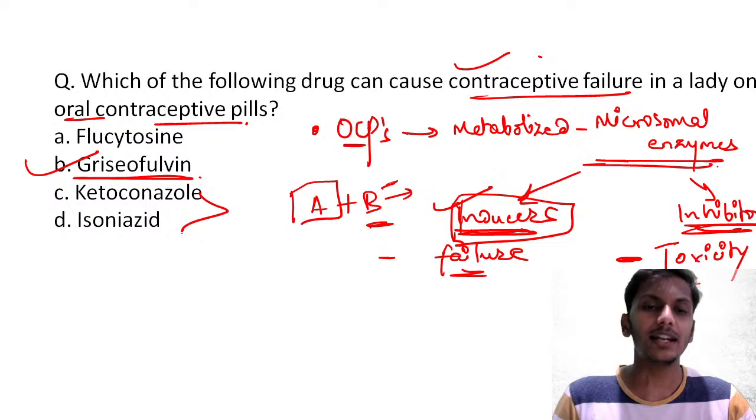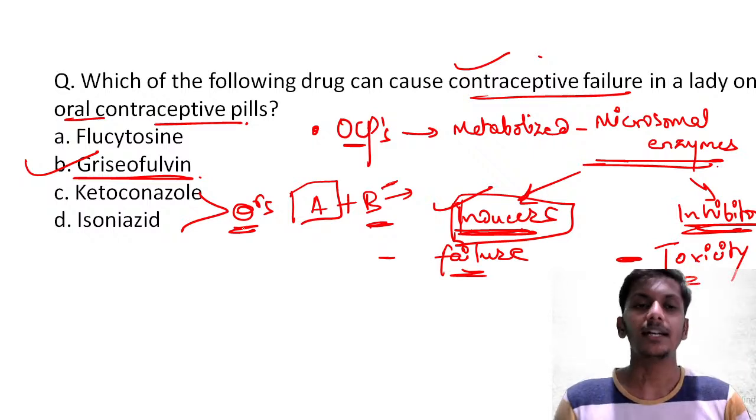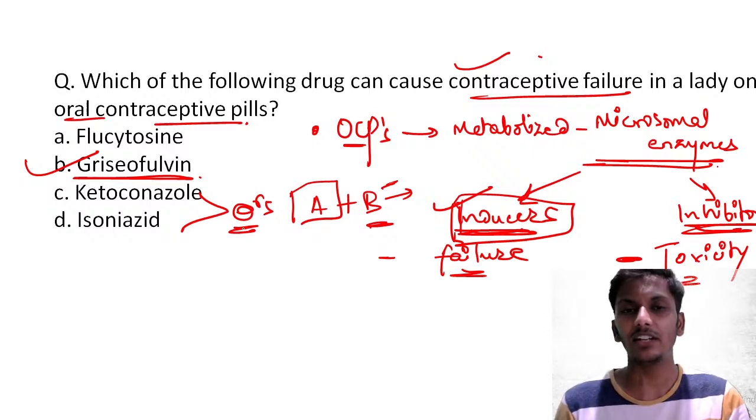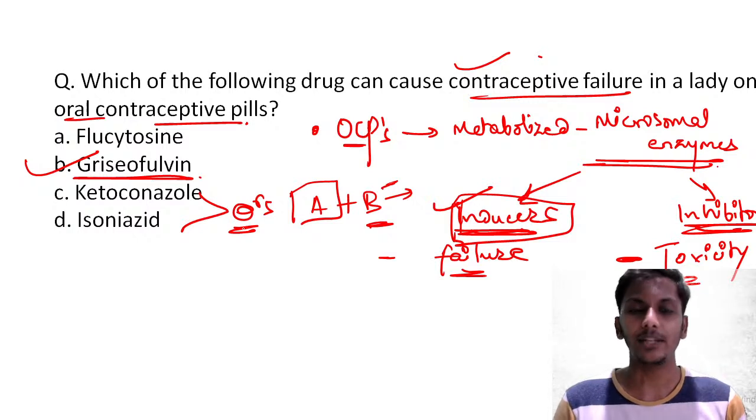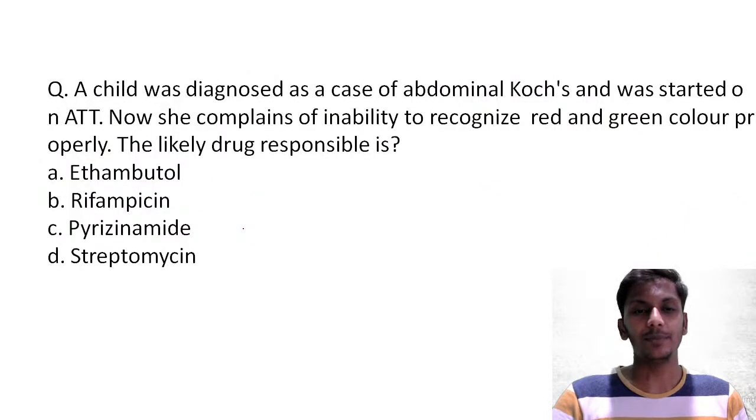Whereas ketoconazole and isoniazid, both of these are microsomal enzyme inhibitors. If any of these drugs are given with it, then kya hoga? Toxicity would be seen. Okay, important one. Very good. Now let's move on to our next